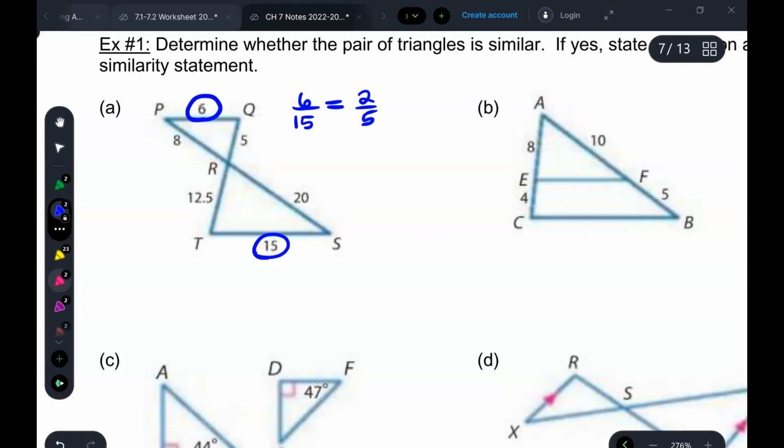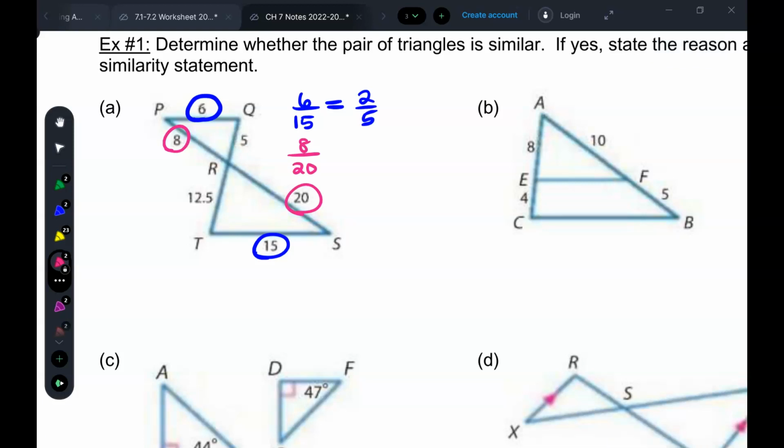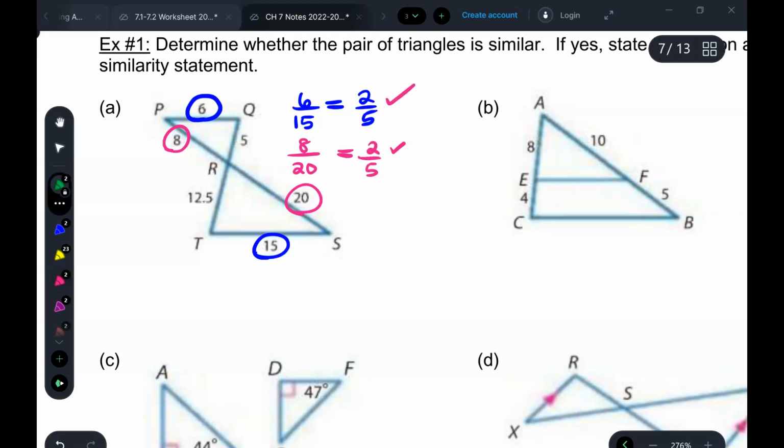Okay, next we'll check 8 and 20. So we can divide the top and bottom by 4, 2/5. So far, we're good. Whoa. Why does it have to go with the best? And 5 and 12.5. Now,